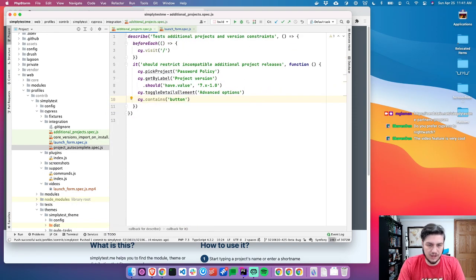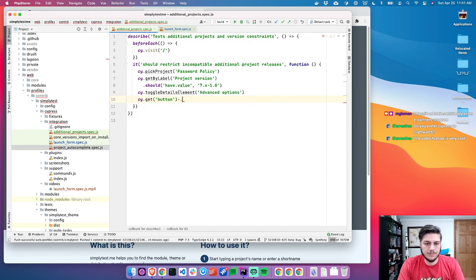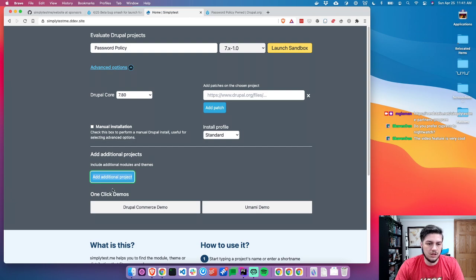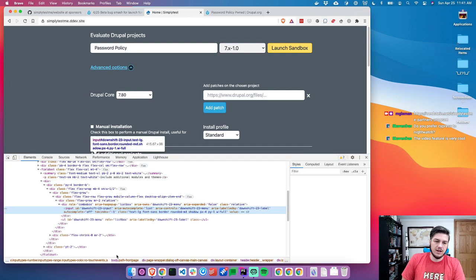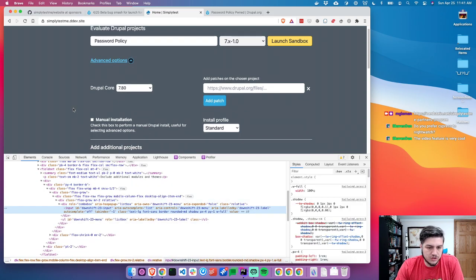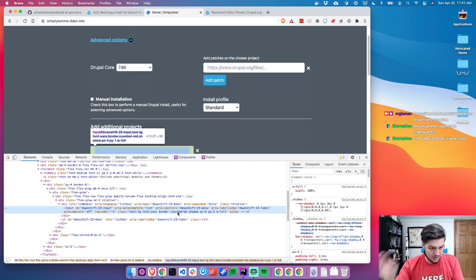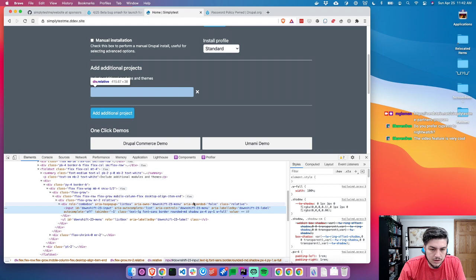cy.get('button').contains('additional project'), and let's do a click. So if I do a click, we're again going to get something without labels that we can't fill in, I bet. Yep. Oh, wait, this says downshift. So it's doing the React aria-labelledby downshift label. But where's